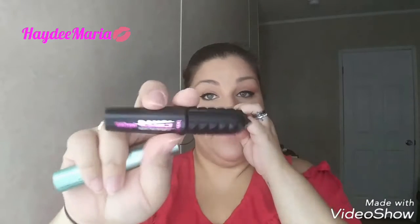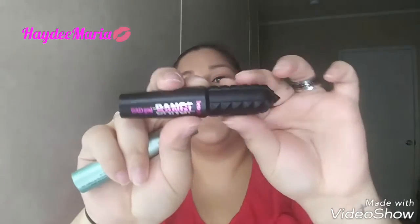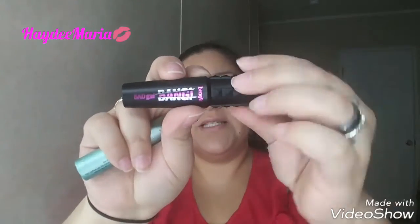So my first one is, of course, my holy grail, the Bad Girl Bang by Benefit. And then I'm going to try, I do love Better Than Sex. I do have this little waterproof one. I'm going to try to mix them and see if it does make this one waterproof for me,